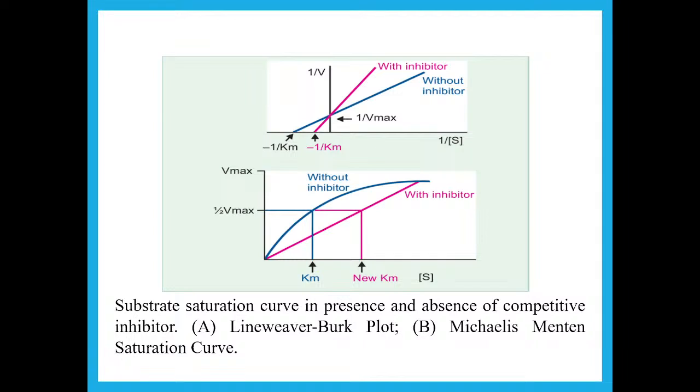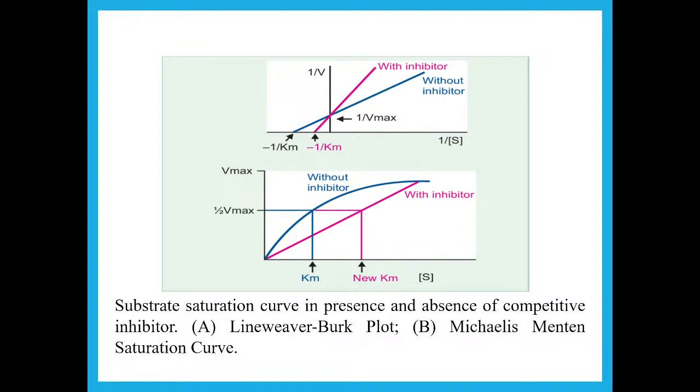So, these you already know: the substrate saturation curve in the presence and absence of a competitive inhibitor. The first one, A, is the Lineweaver-Burk plot and B is the Michaelis-Menten saturation curve. The Lineweaver-Burk plot we discussed when I covered Michaelis-Menten in the last class, that it is called